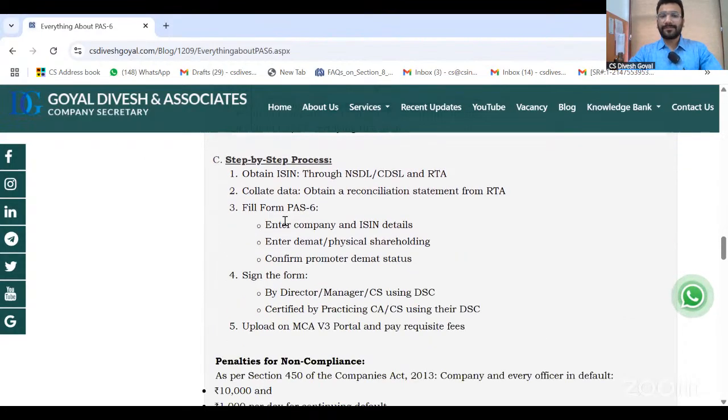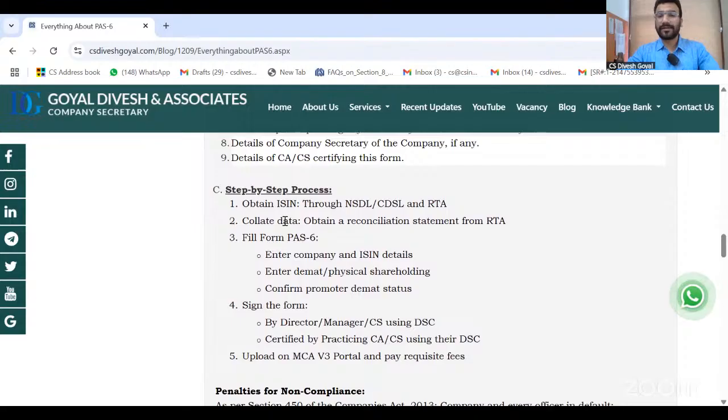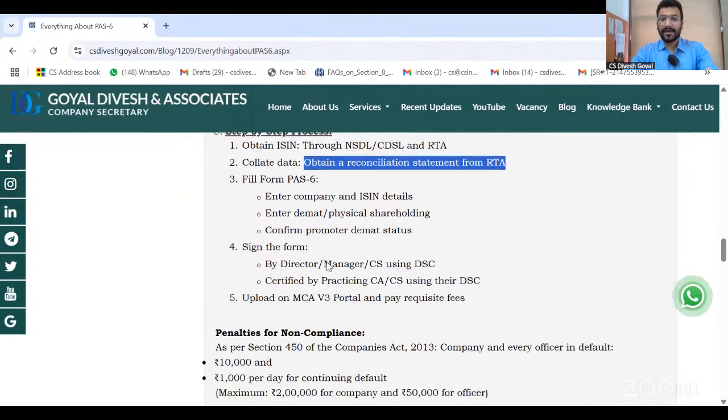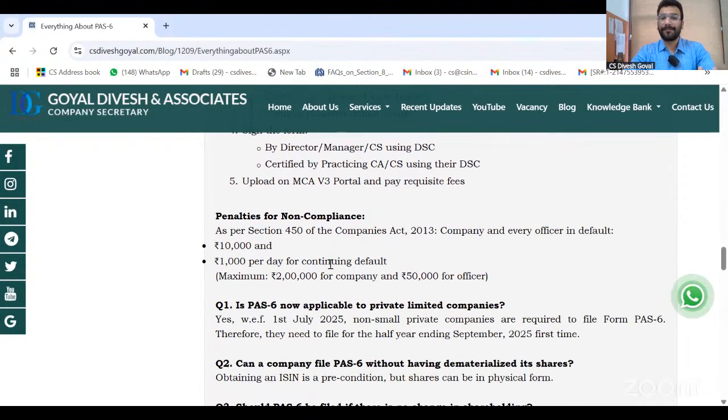So what are the steps for filing of the PS6? First, obtain the ISIN. Second, obtain a reconciliation statement from the RTA. Once you get the ISIN, the RTA will maintain your data. You have to get the PAS from the RTA and you can attach that to the PS6. Practically, there is no mandatory attachment in the PS6, but we suggest you attach the PAS in the